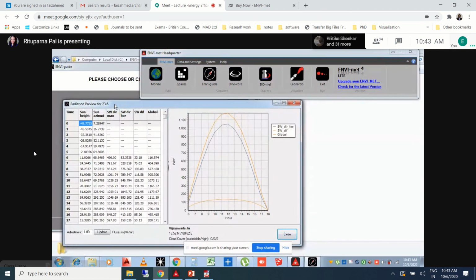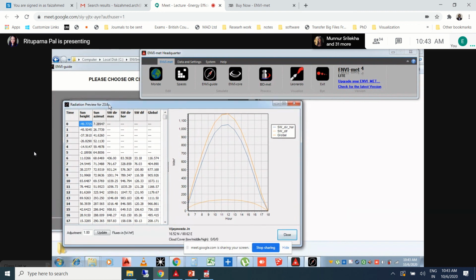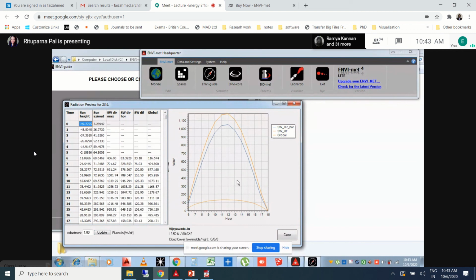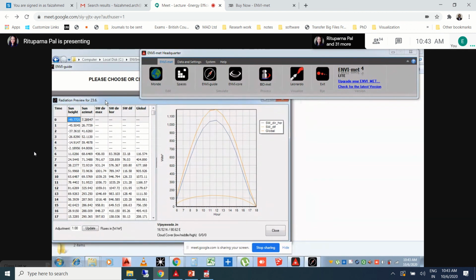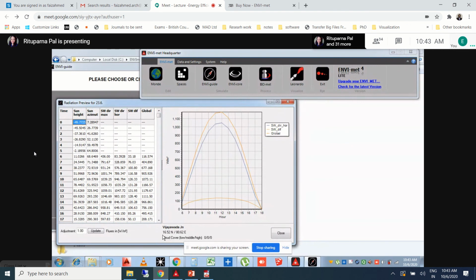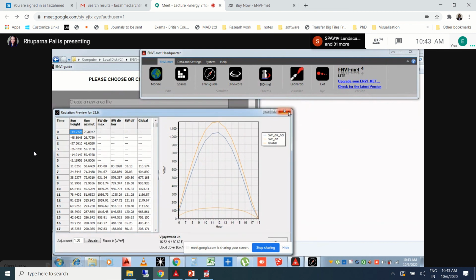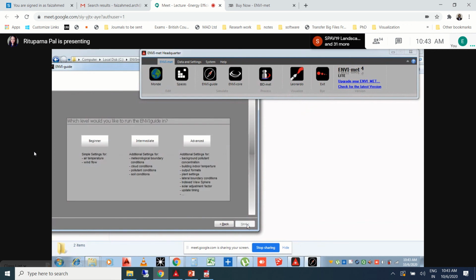So radiation is basically related to the incoming solar radiation according to your site's azimuth and based on the solar position and all. So here you find different values. You can just go through this at your leisure to understand it. This is showing the radiation for Vijayawada junction, which is at 16.52 degrees north. So you can just see it for yourself to understand. We'll just go to next now.